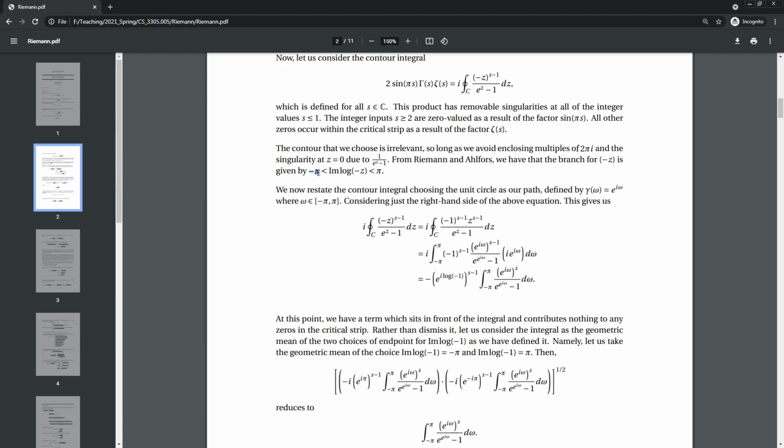So rather than starting at 0 and then circling around and going back to 2 pi, we start at negative pi and then we circle around and go to pi. Okay? So the imaginary part of the log of negative z is between these, right? So the argument of negative z is going to lie between these. Okay, so